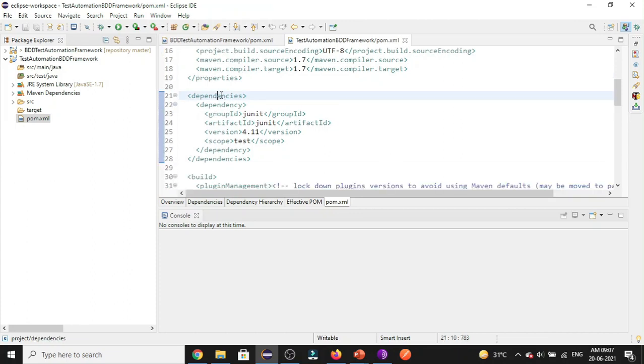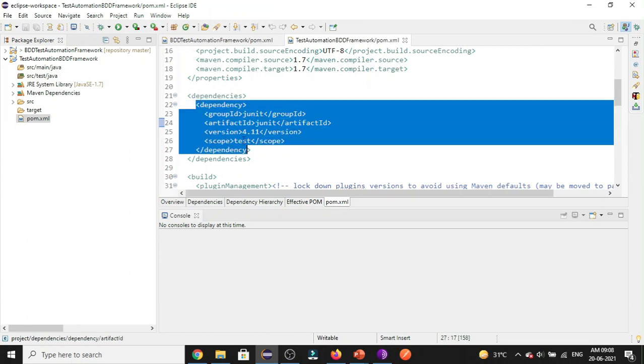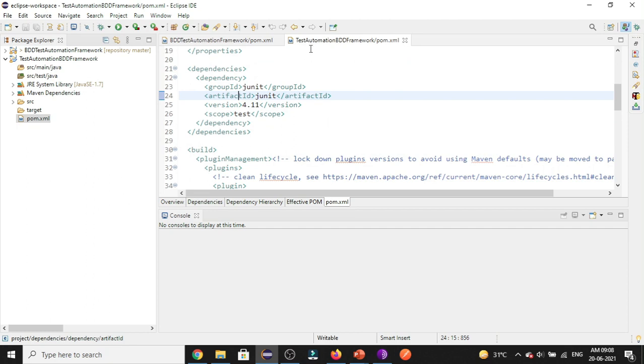Next we have the dependencies tag. Under the dependencies tag, we add all the dependencies which we want to use in this project. Let's say if I want to use Selenium in my project, instead of going to the Selenium site and downloading the jar files, I can directly add the Selenium Maven dependency from the Maven central repository under this dependencies tag, and Maven automatically downloads it to this Maven dependencies library.